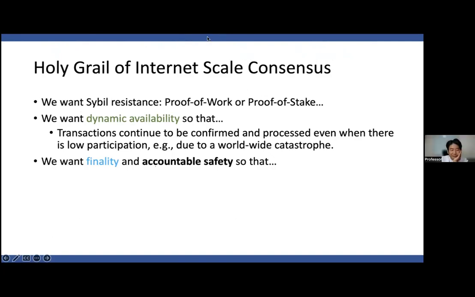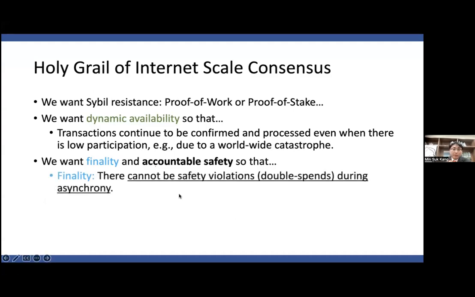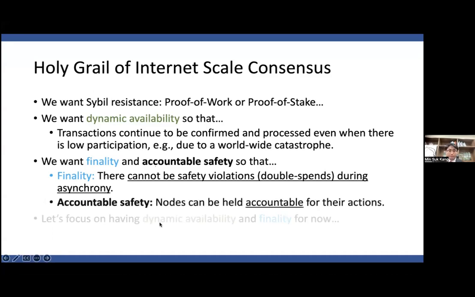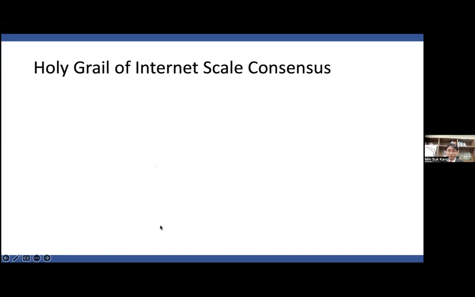Yeah. Okay. So finality. So we want finality and accountability, so that there cannot be any safety violation during any asynchrony. So when there's any synchrony problem, network temporary partitioning of the network, we still want to have this finality property in the network, which is very hard. So achieving all this has been discussed, but known to be very difficult,